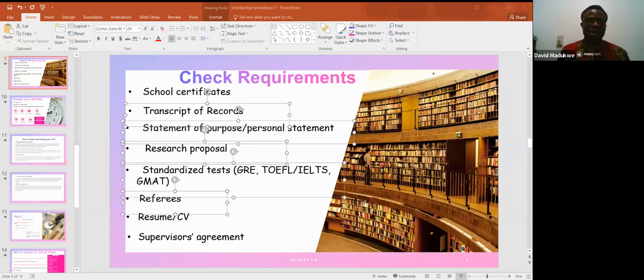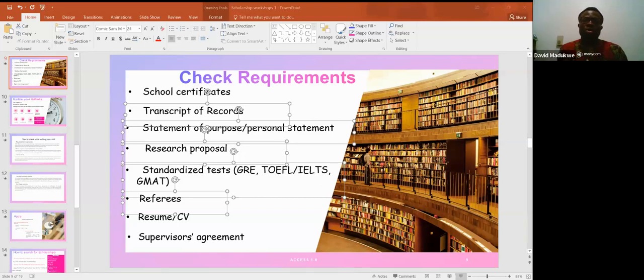Okay. So you're talking about the statement of purpose, which I explained is one of the important documents you include in your application that states why you want to apply to a particular school. Then you have the research proposal. Some schools don't even ask for a research proposal, especially schools in North America, the US and Canada. It's mainly schools in Australia or some European schools where you have to prepare a proposal prior to application to a particular scholarship or school.